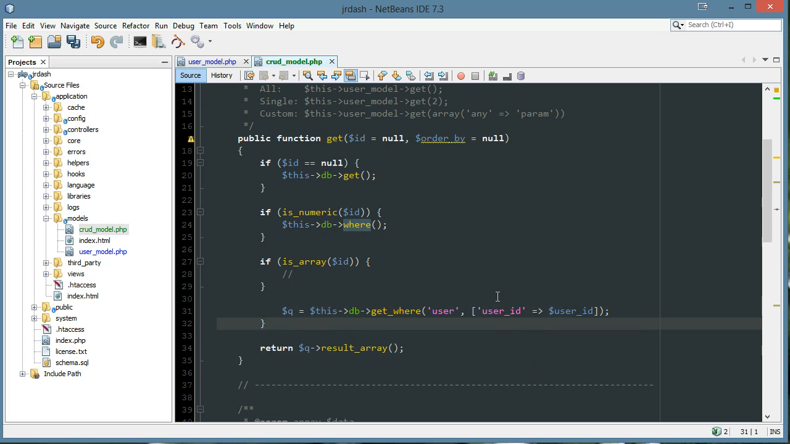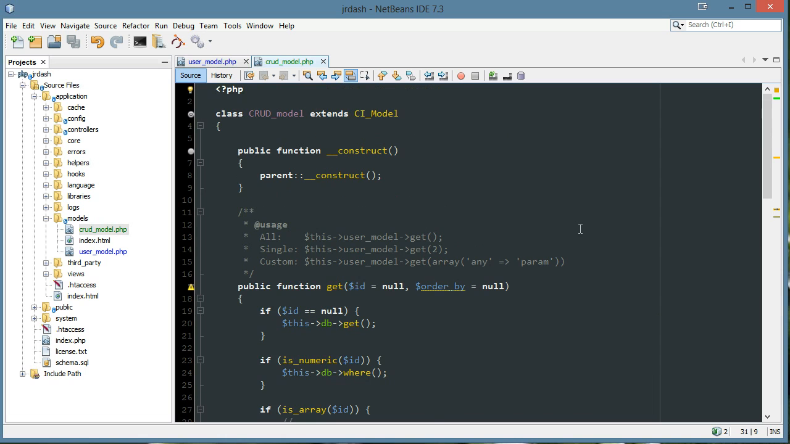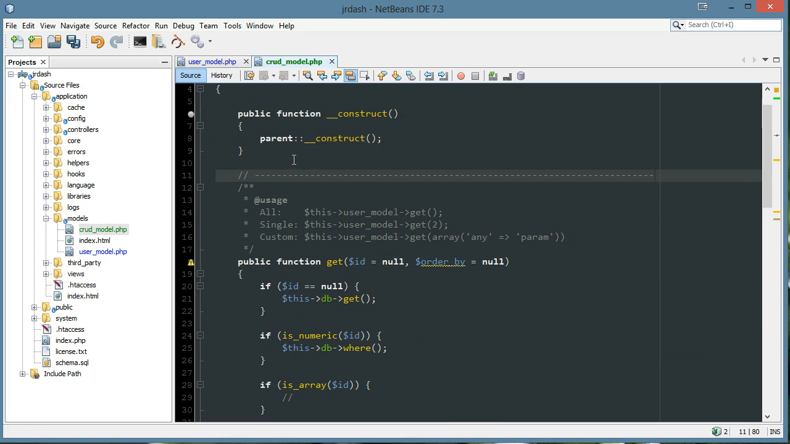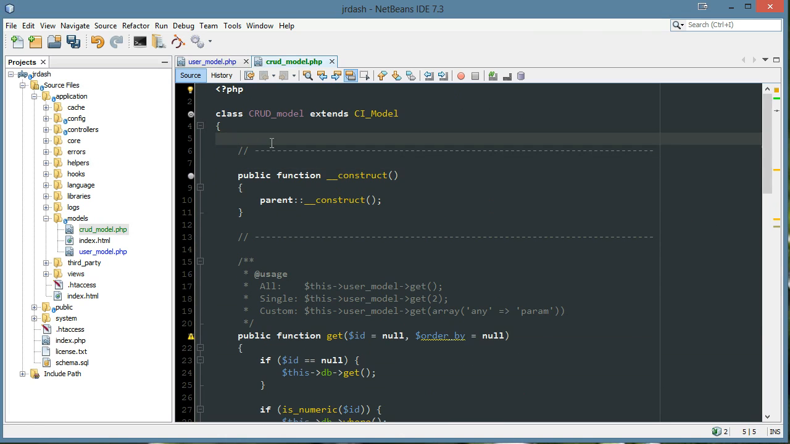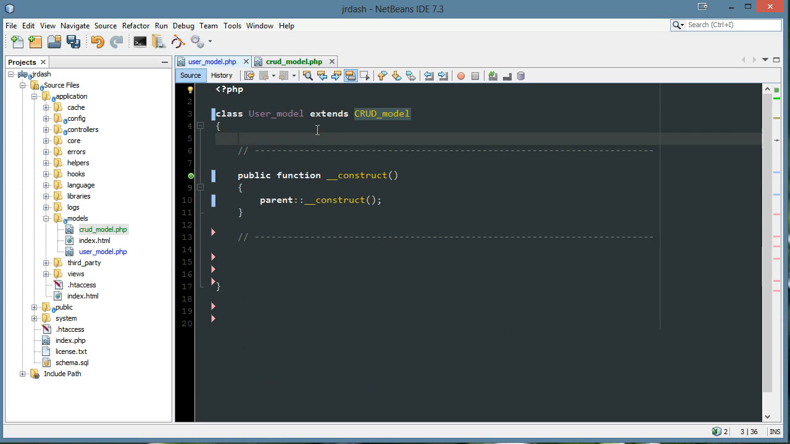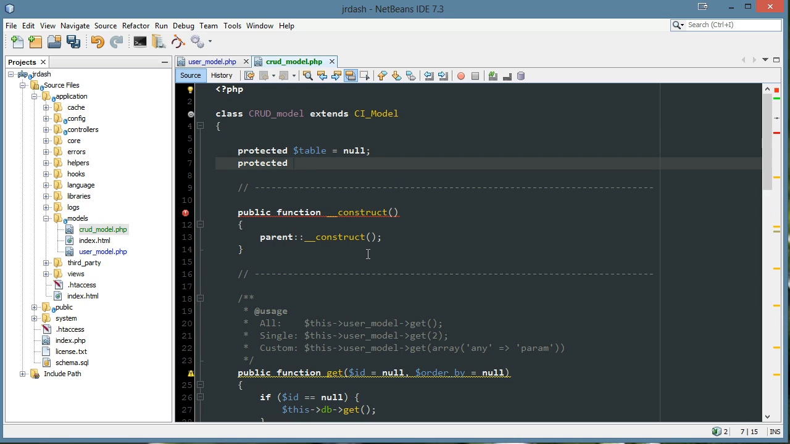and I'll just move these over. Now before I get any further, we need something to globally set what table we're talking about, and to do so I'll go to the top. Let me get my demarcation line so it's not so sloppy, and I'll say protected, and that just means a child class can access this variable. So the user model, since it extends CRUD model, will be able to access this variable. I'll say protected table equals null,